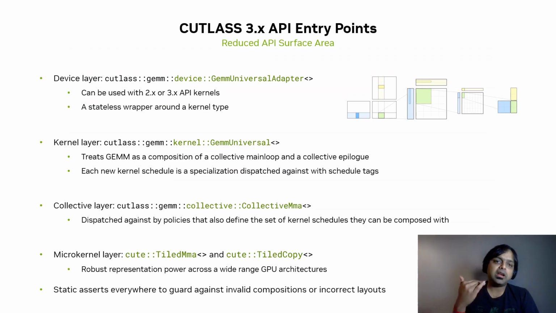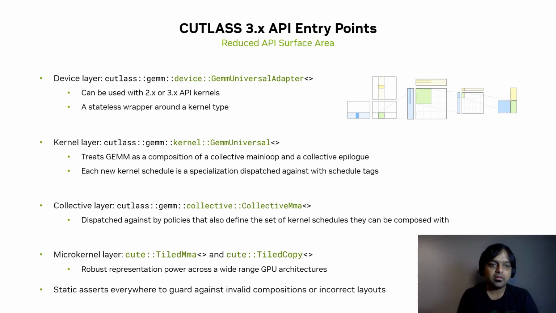This slide shows the corresponding API layer for the hierarchy which we just saw, and as can be seen, CUTLASS 3 has dramatically reduced the total depth of the hierarchy, which overall leads to a simplified surface area for the API set as a whole. At the device layer, we have the singular GEMM universal adapter, which is now compatible with both CUTLASS 2 and CUTLASS 3 kernels. And then at the kernel layer, we have the GEMM universal, which is tagged based on the